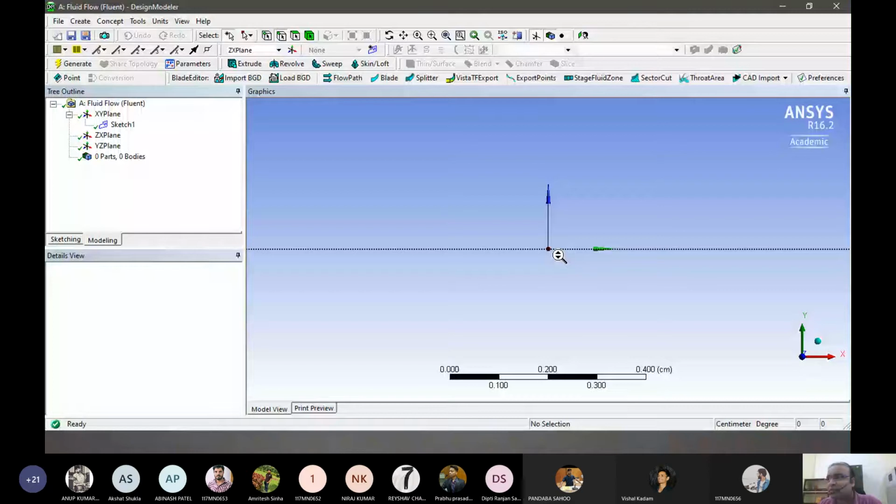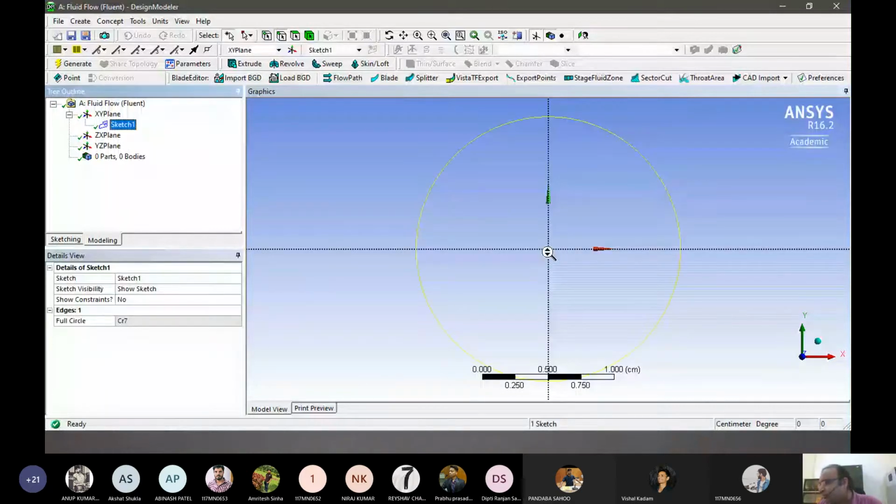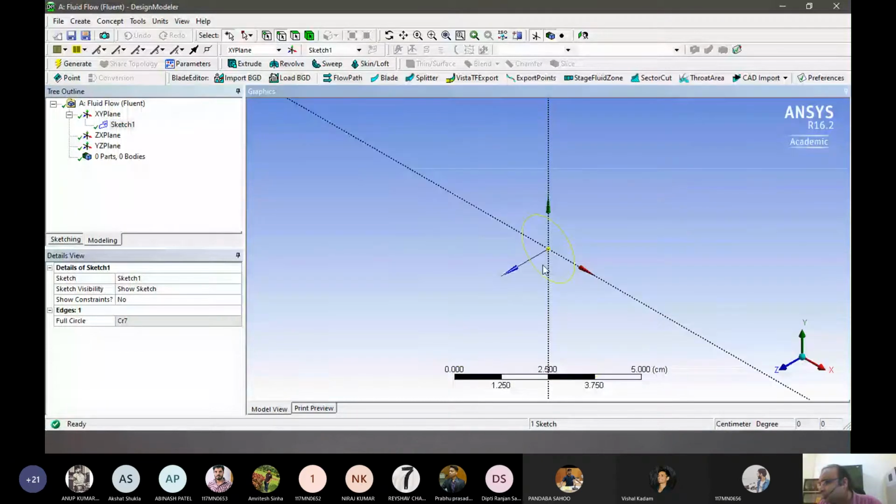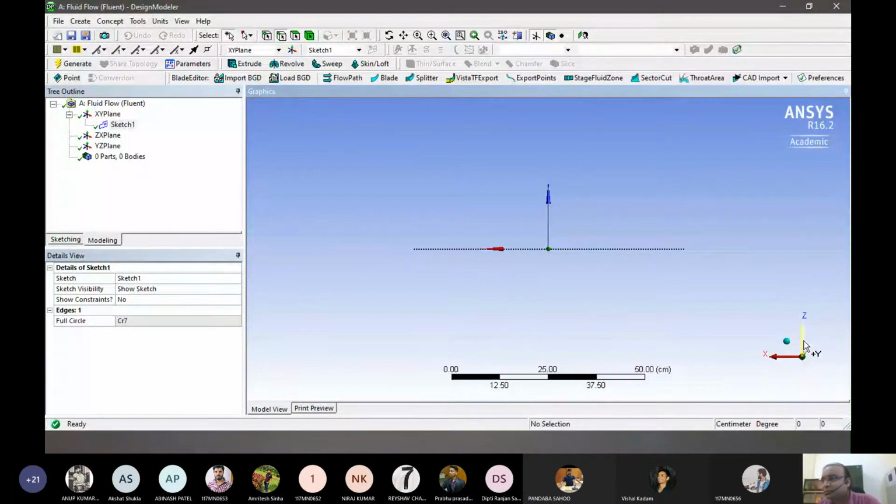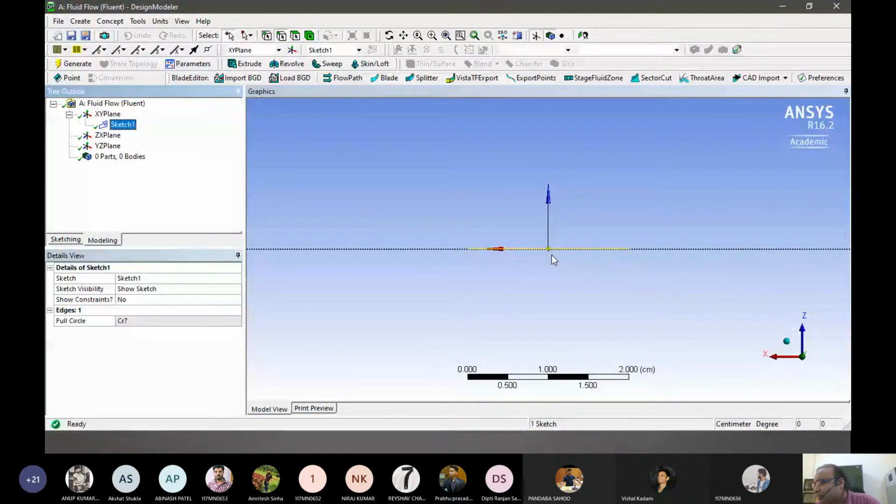Yeah, we have our first geometry here, and perpendicular to that we have to make a path. So we'll make it in the top direction so that it remains that way.